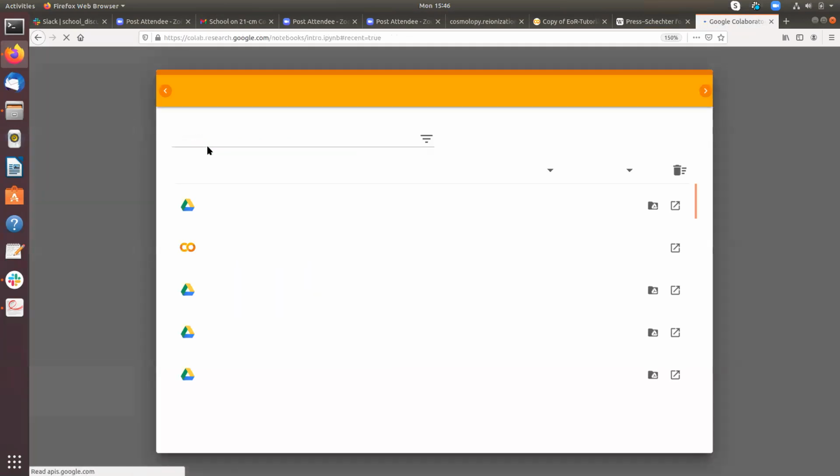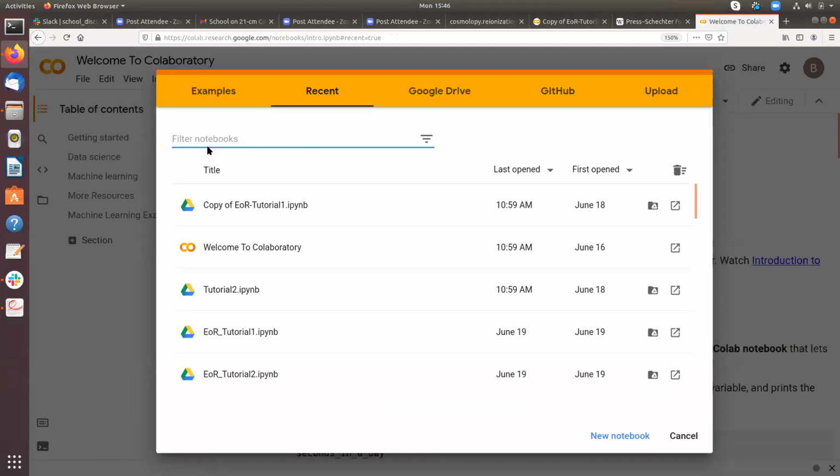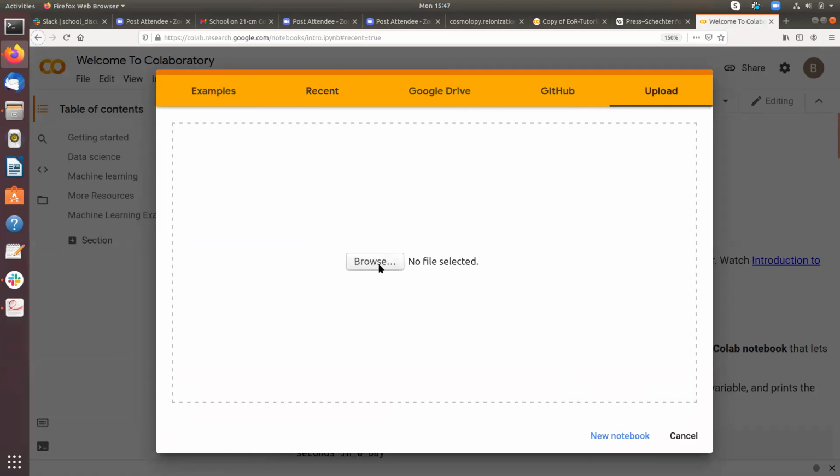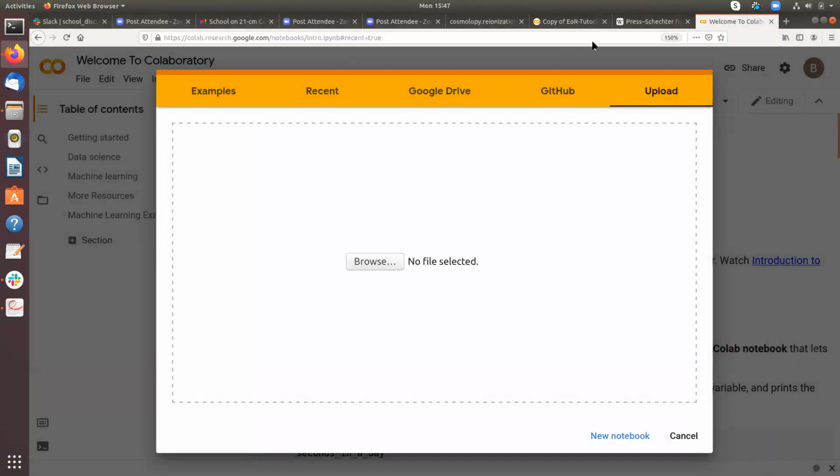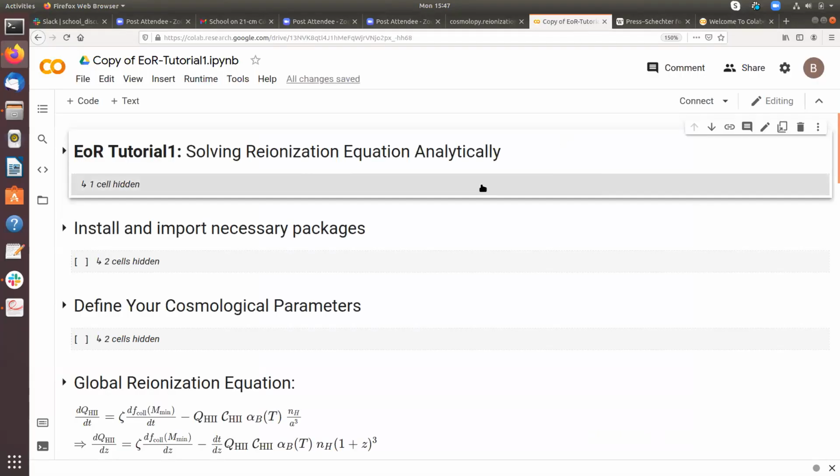If you are not signed in to your Google account, you may need to sign in, and you will see this kind of page. So you just go to the upload section and select your file, that UR tutorial notebook or something like this. You just click on open and it will be uploaded. I have already uploaded it somewhere here. So it should look like this.